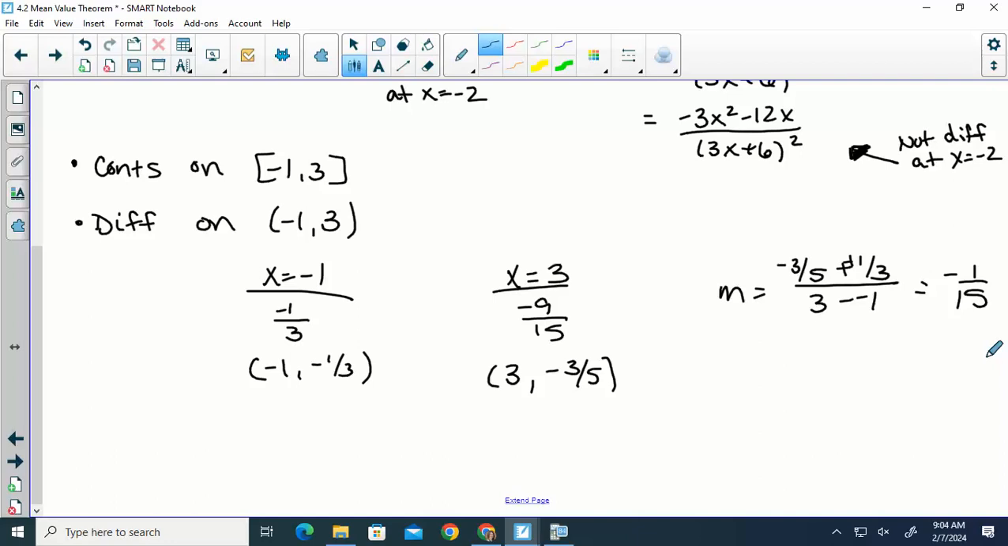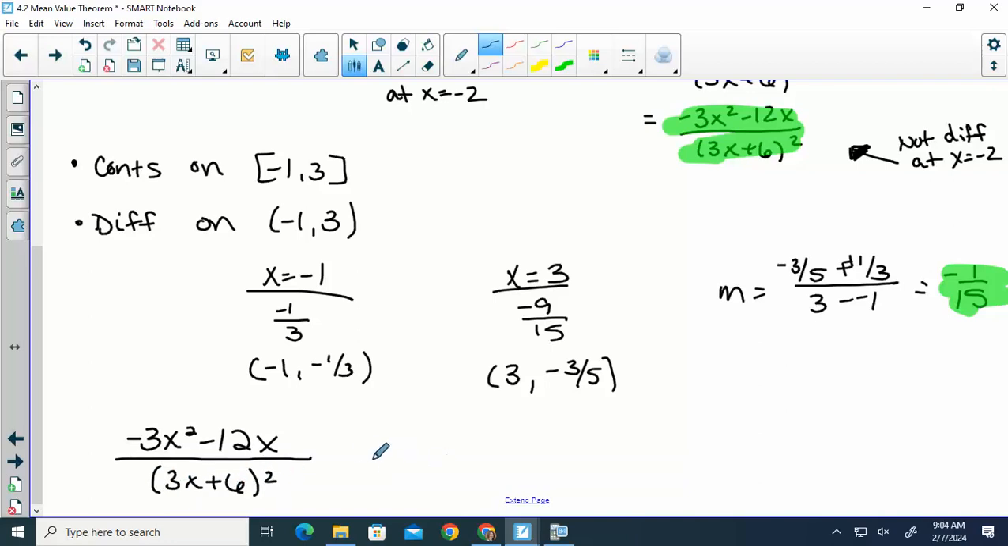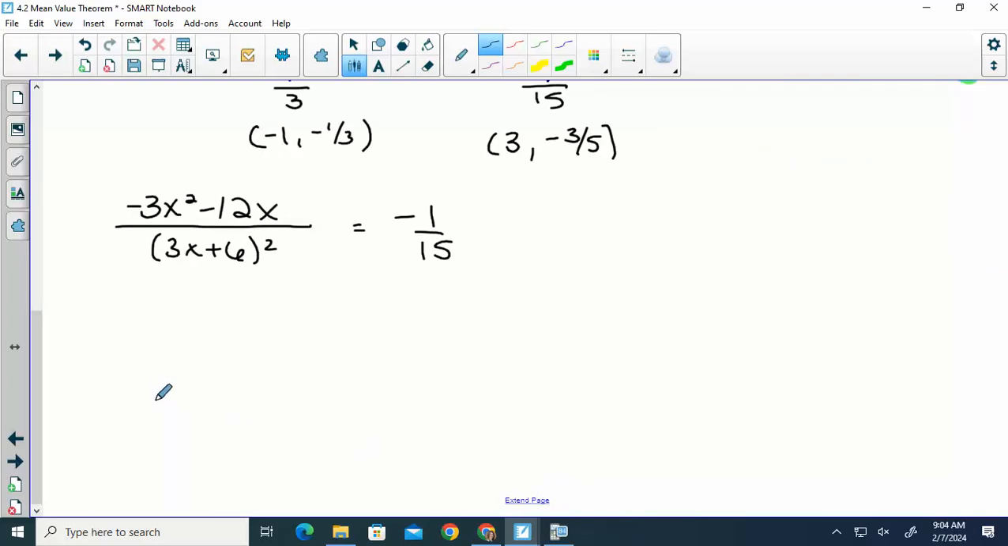Okay, so now what do I do? The derivative equal to this. All right. Okay, it's kind of ugly, but let's roll with it. If we cross multiply,